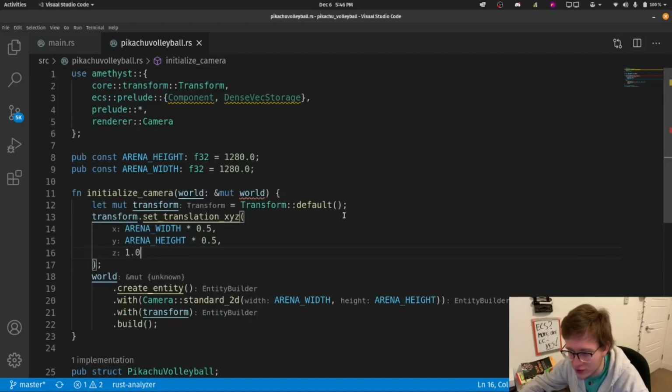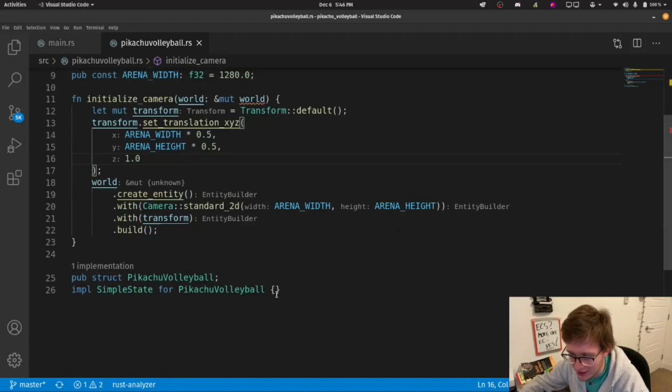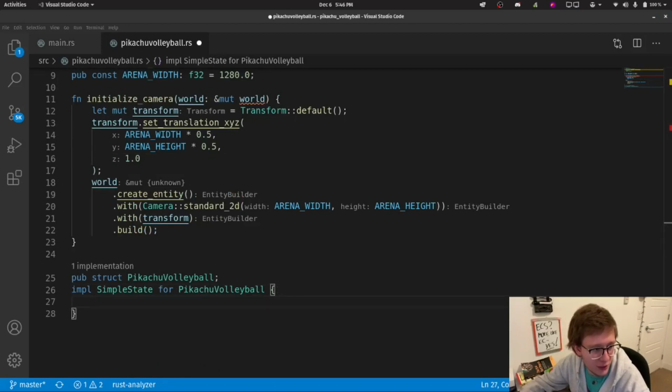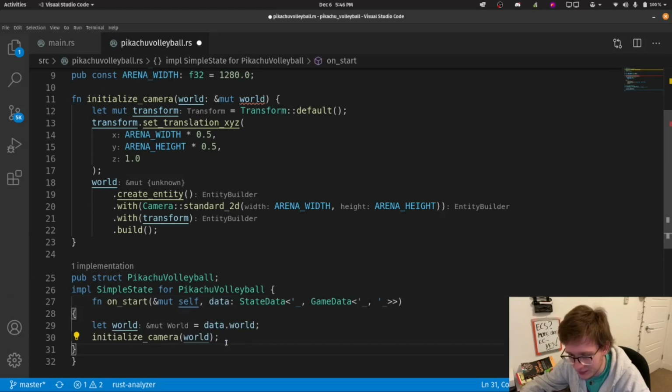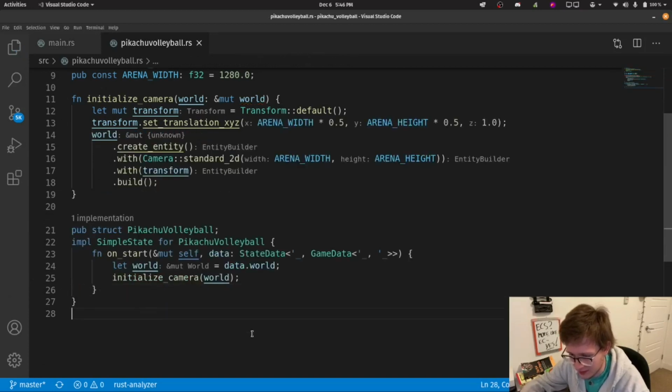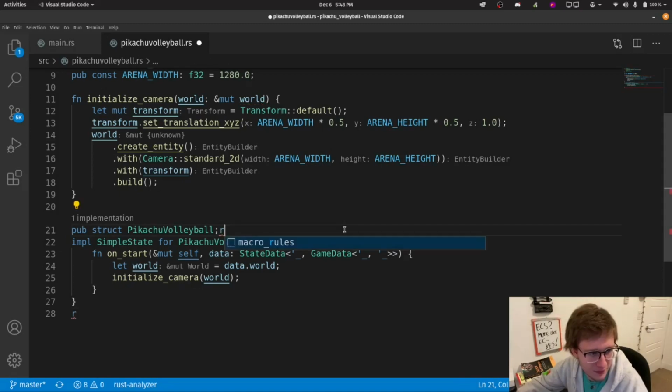Inside our SimpleState implement that we have right here, we will add the following. Now, in here, you'll notice that the world is really just a sort of holder for resources, where resources are the data that is needed across the game, but not one specific entity.